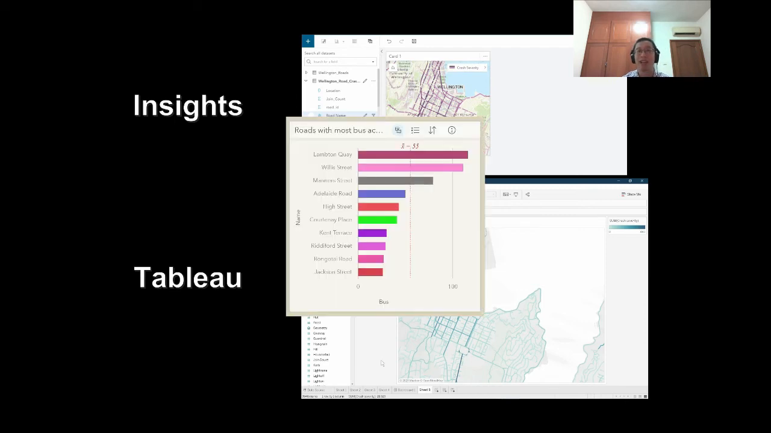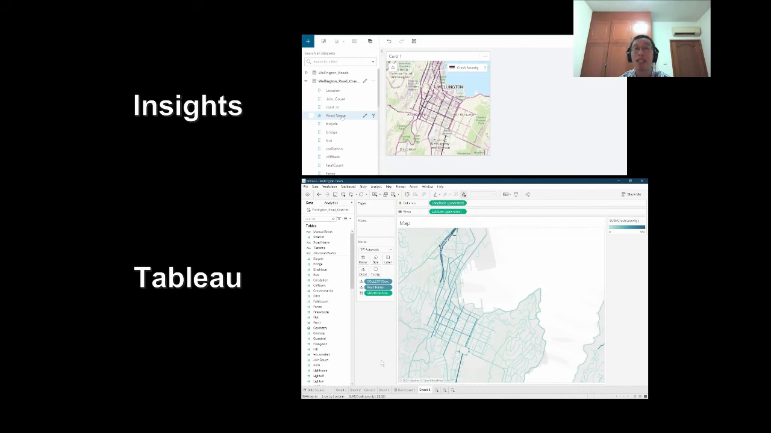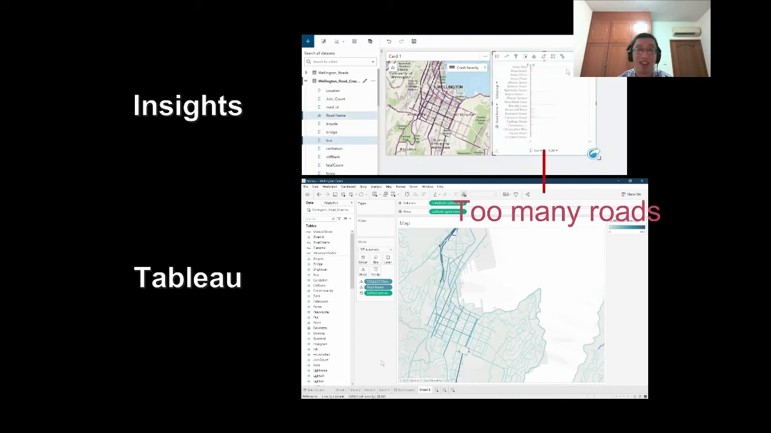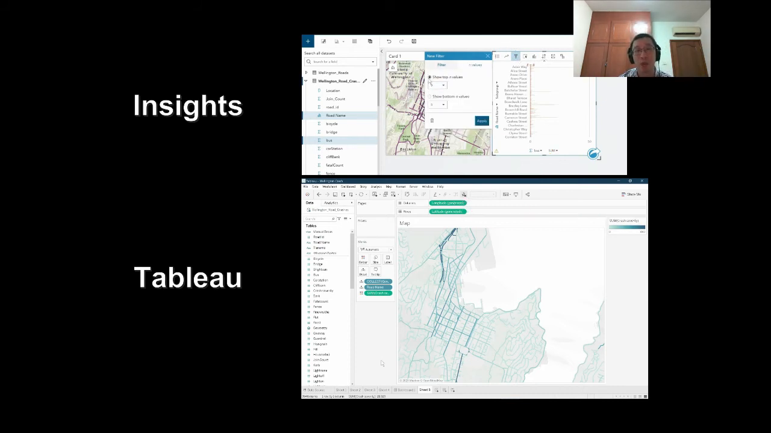Let's now create the roads with most bus accidents graph. So, what attributes are we relating? Road name and number of bus accidents. Good, drag them. And we will choose bar charts and done. Well, not really. There are over 3,000 roads there, so the chart practically exploded, so we need a filter. We want only the top 10 roads, so we put that in and